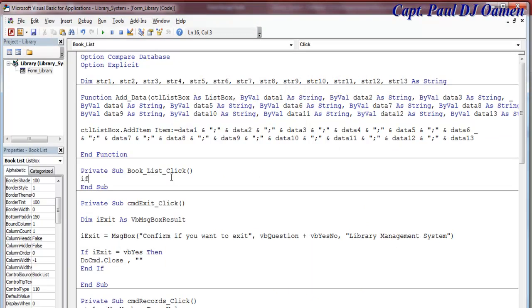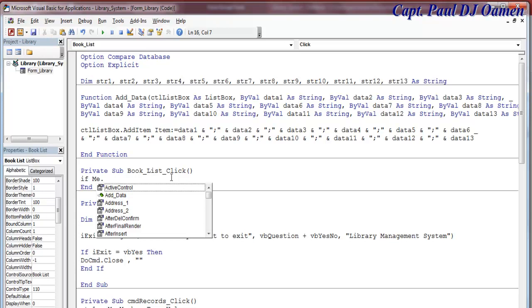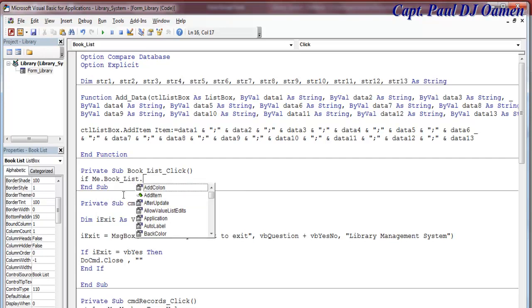And right in there what I want to do is: if me, that should be uppercase, me dot book list is called dot value equals, the first one is Cinderella. There we go. Make sure the spelling is correct, else it's not going to work. Then I want the following to happen: